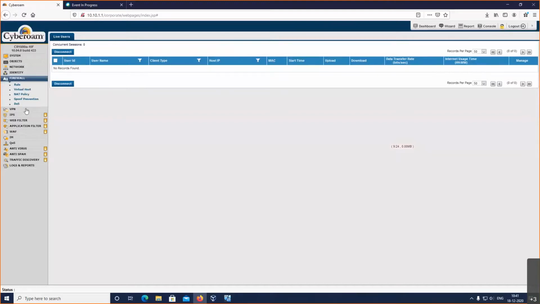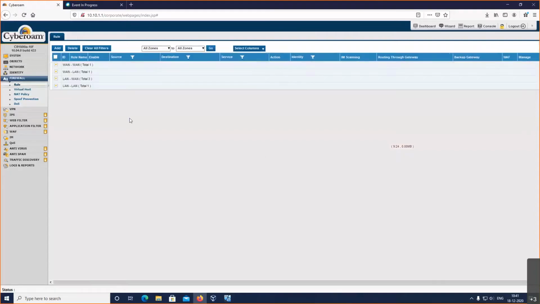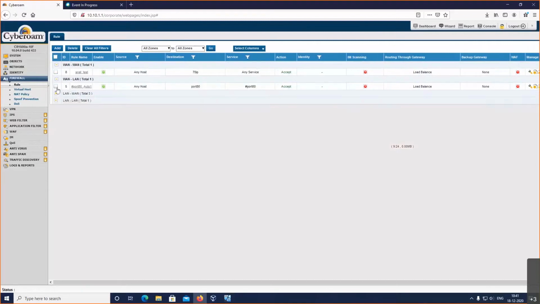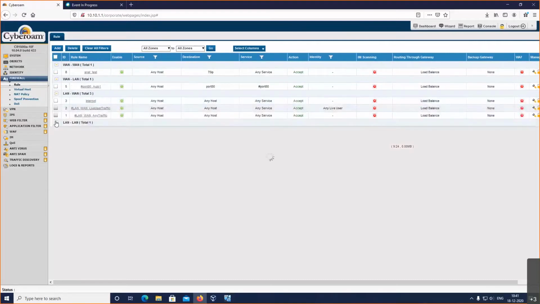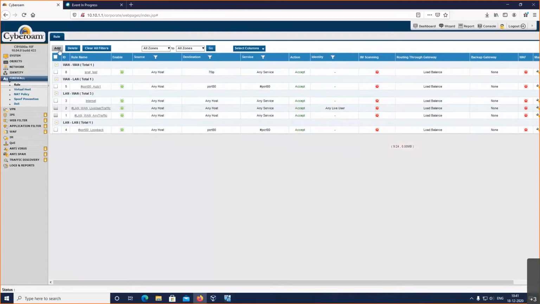And the most important part is the firewall part, where we'll see one sample of how the rules can be written. So this is the rule part. In this rule, again, we need to define from which zone to which zone we are trying to write the rule. It's not that we write the rule generically, but we need to specify what kind of rule we are trying to allow and from which particular zone we want to write the rule.